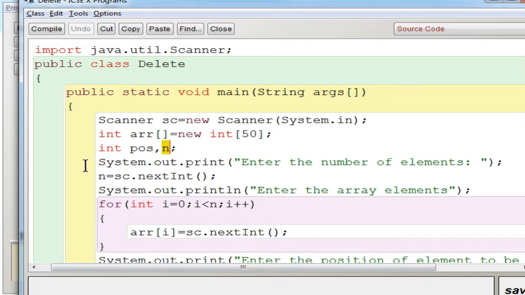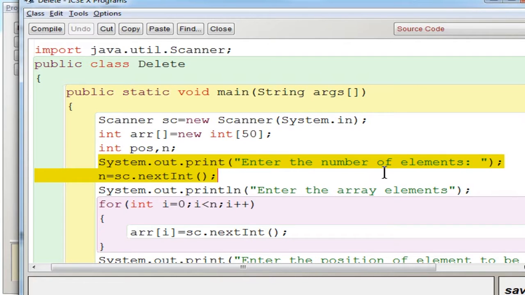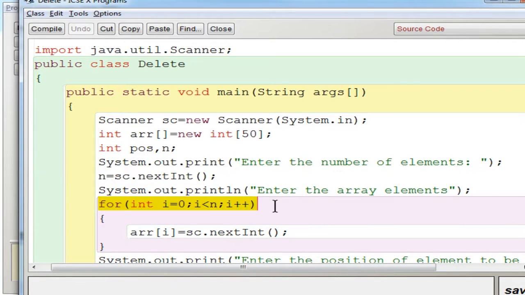So you can see the first input statement is where you are going to enter the number of elements, which will be stored in n, and then according to that number you are going to use the loop. So you can see for i equal to 0, i less than n, i plus plus. So this loop will be executed n times. Suppose the n value is 10, it will be executed 10 times. So this statement will be executed so that it will input 10 elements, which will be stored in the variable ARR.